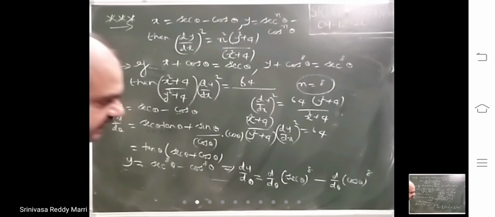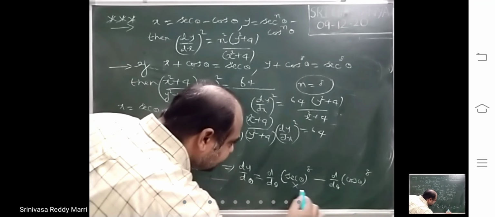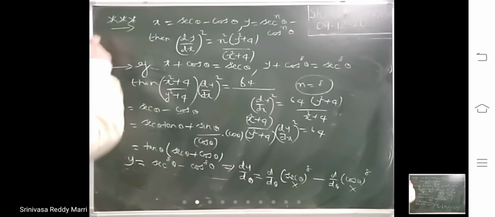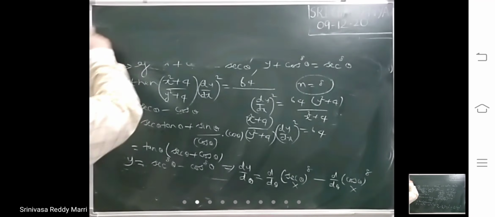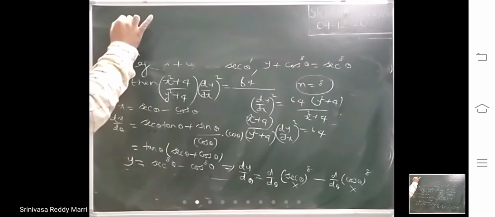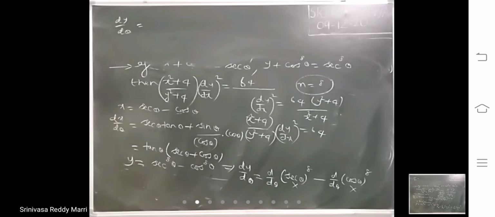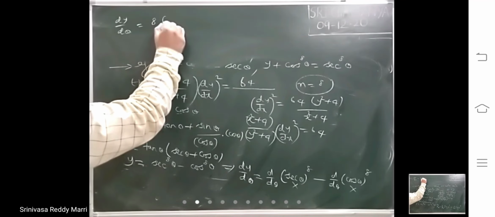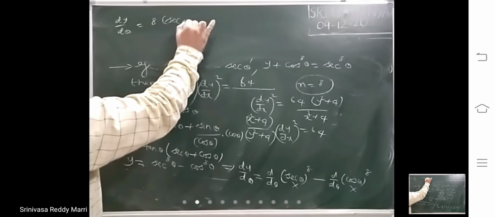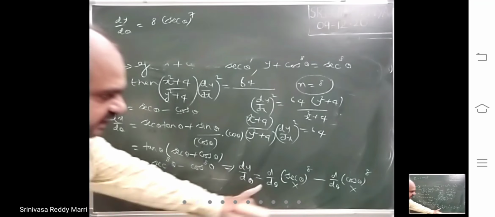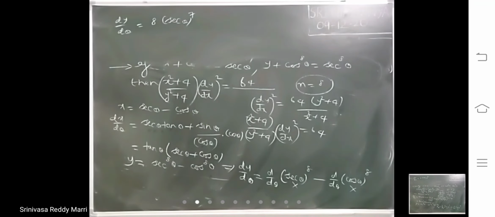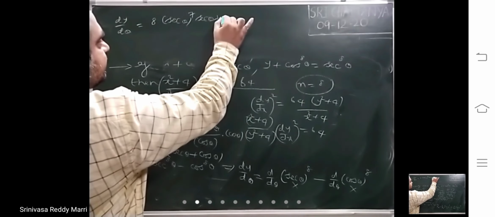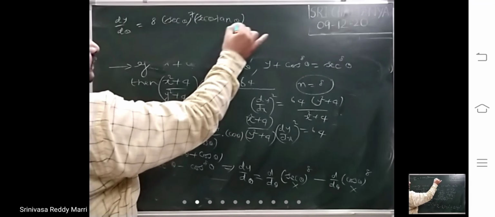Now look at, this is x power n, this is x here, this is x here. X power n rule you write first. So x power n rule is what? 8 into x power 7, into d by d theta of secant theta. D by d theta of secant theta is nothing but secant theta tan theta,